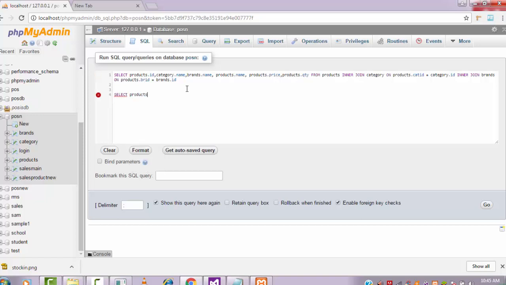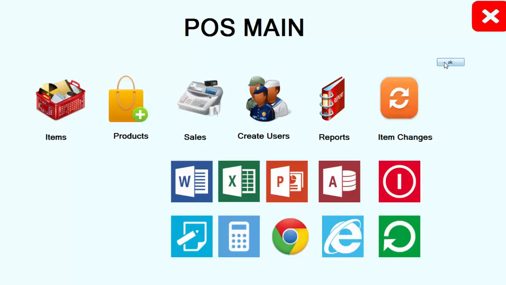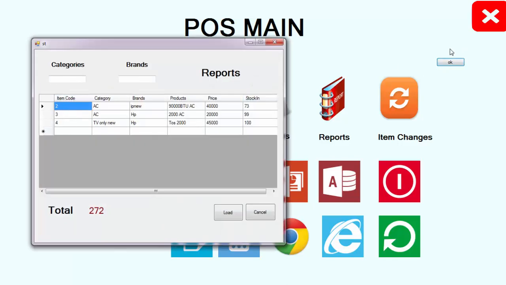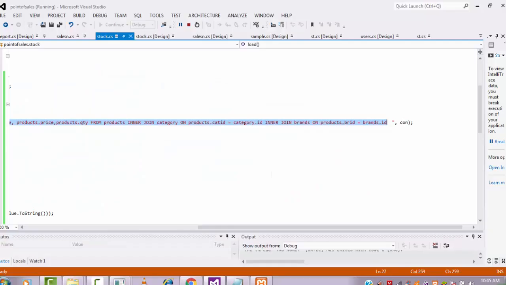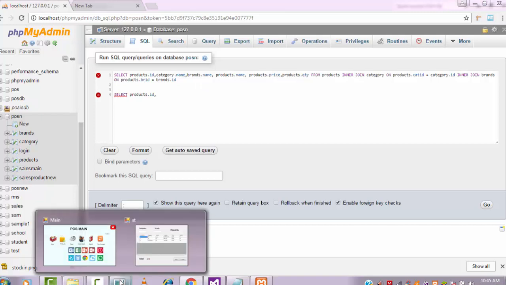I need first column will be product ID here. Here this product ID getting from product table. So go back to our database, product dot ID, it's automatically pop up, you no need to write comma.